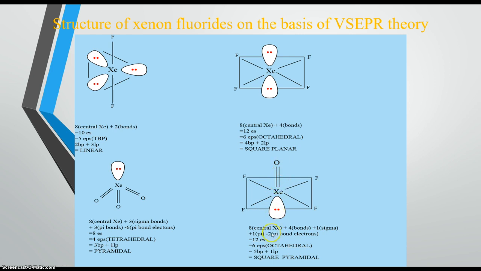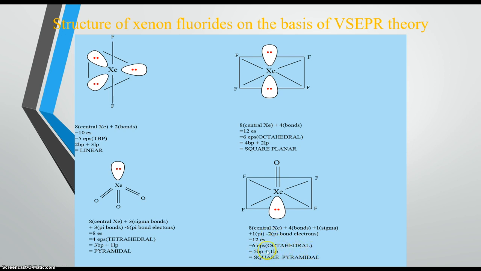One pi bond is there, so 2 electrons we have to exclude. These are the 2 pi electrons that we are excluding from the total electron count. Now there will be 12 electrons. 12 electrons means 6 electron pairs, so the structure should have been octahedral, but there is a lone pair among these 6 electron pairs, so there are a total of 5 bond pairs and 1 lone pair, so the structure would be square